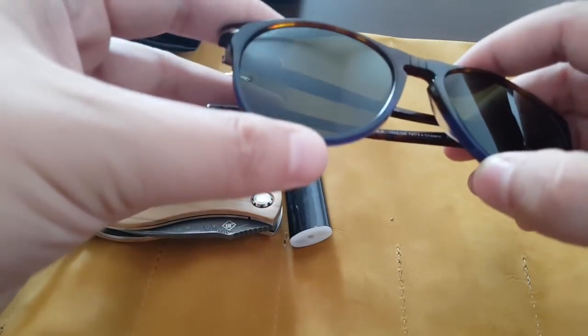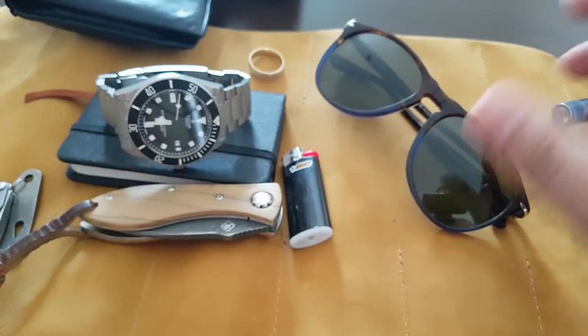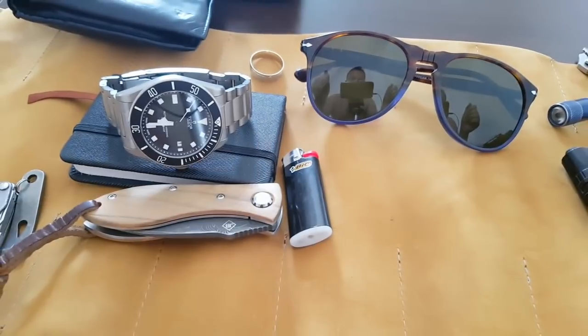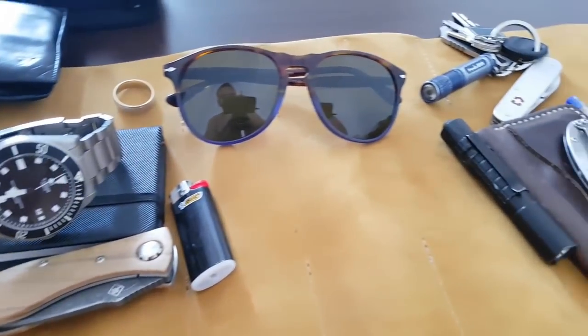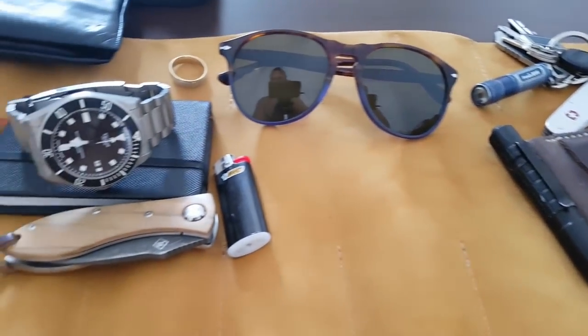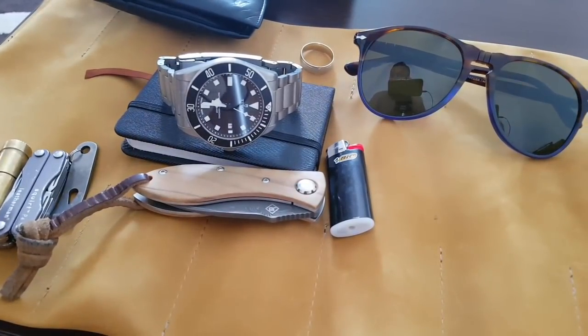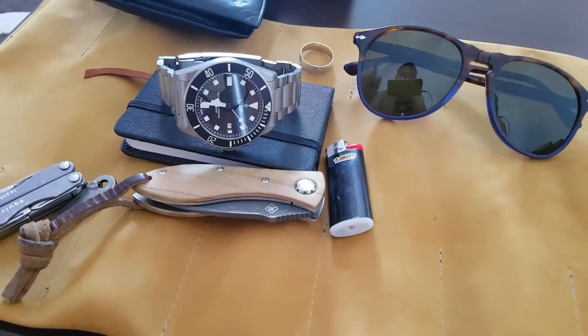And the last, I have my sunglasses. So yeah, I don't leave home without sunglasses, and you can still see me there. So yeah, that was my EDC. Keys, the two wallets, and this. I did not carry a lot of stuff because it was summer and everything, but now there will be more pockets,